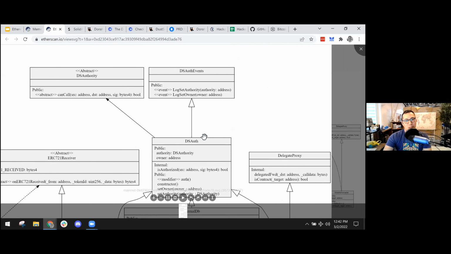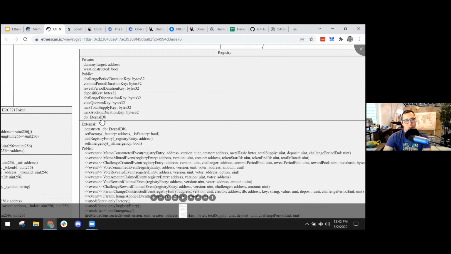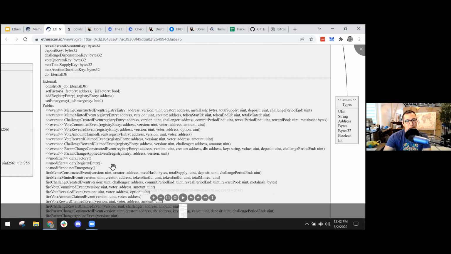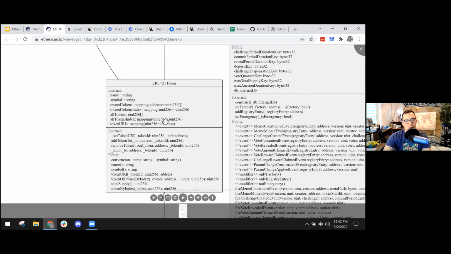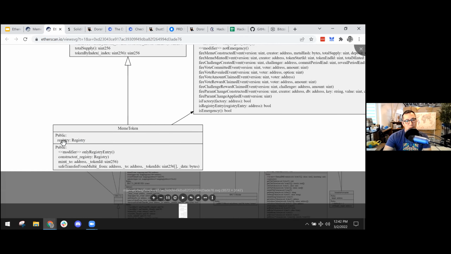This is a standard proxy contract. So it's an easy way to kind of look through. This is a registry of all the different NFTs that are created with different voting, challenging. And so it's easy to read through the code quickly because you see where the tokens are, what they're made out of, what their functions are. And this is the meme token that inherits your registry that uses other types of